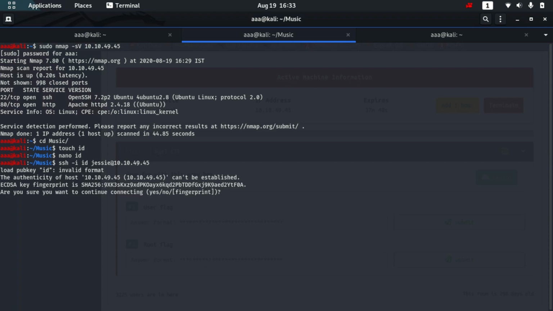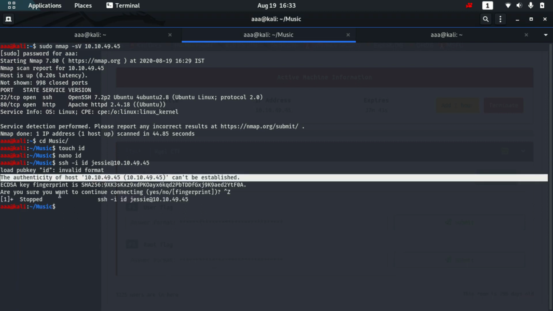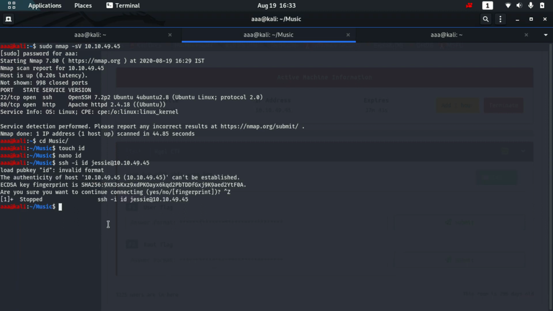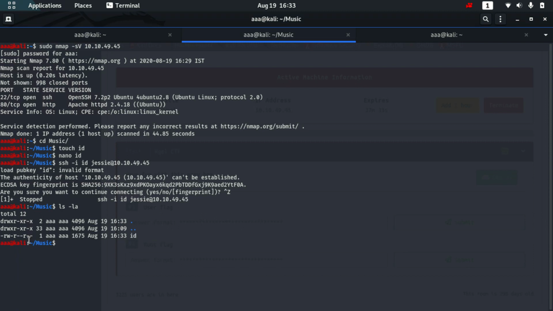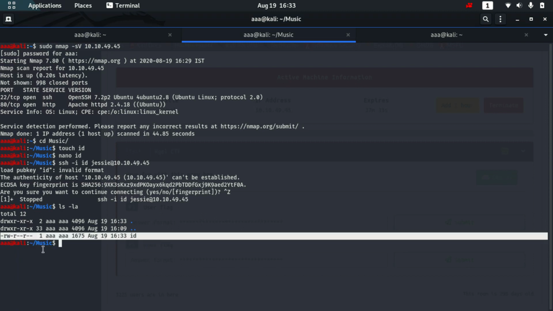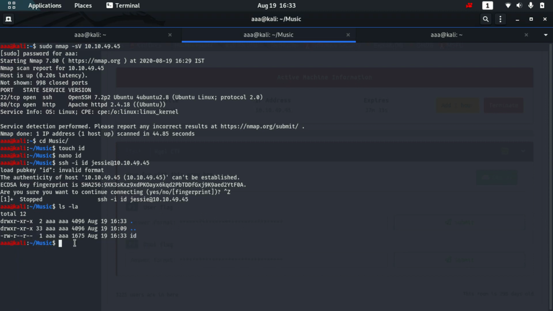Okay, so I got an invalid public key error. This happens because, let me show you, when I do ls -la on this id, since this is a private key, it should only be readable by the root or the owner.